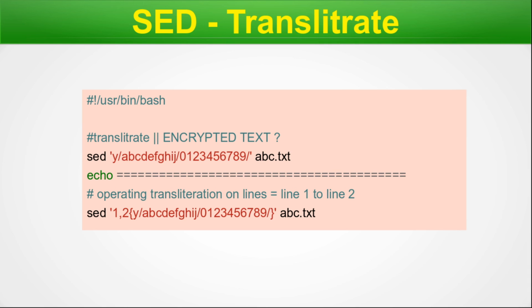So this particular transliteration will do the encoding on these two lines, 1 and 2. Okay, fine. So we are done with this particular example.